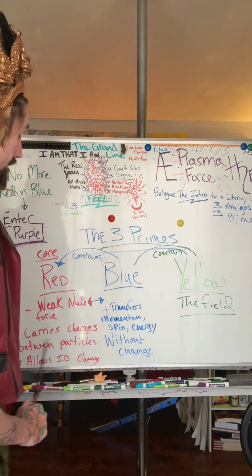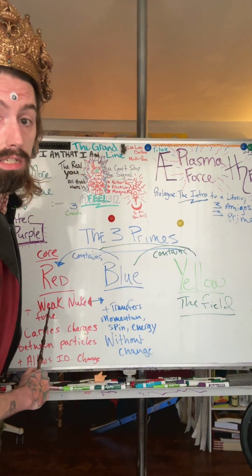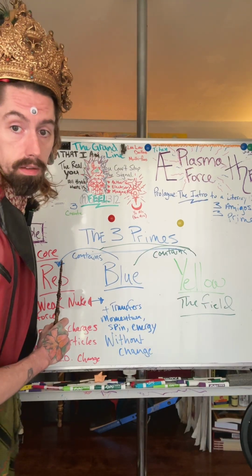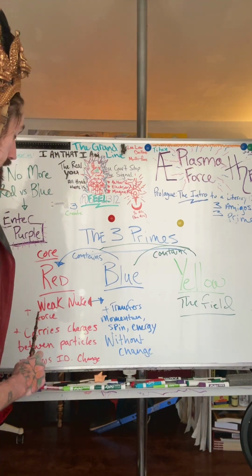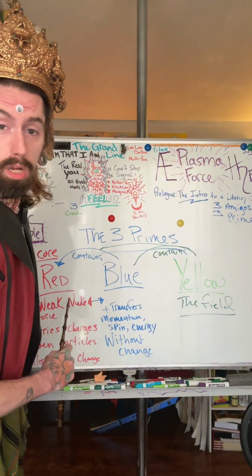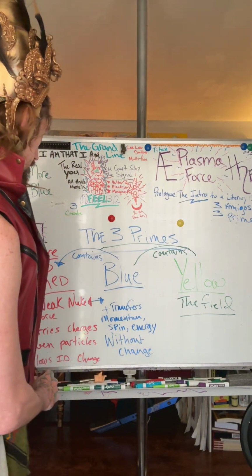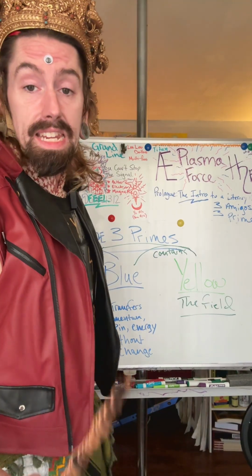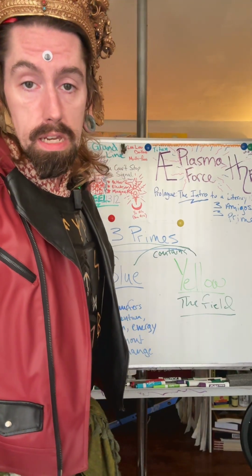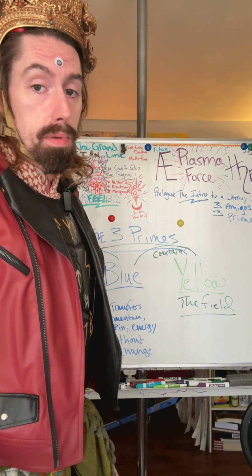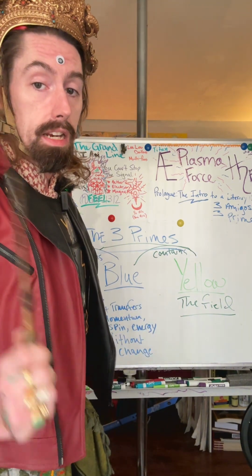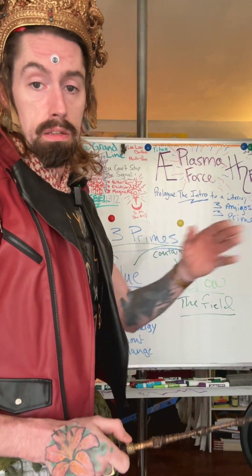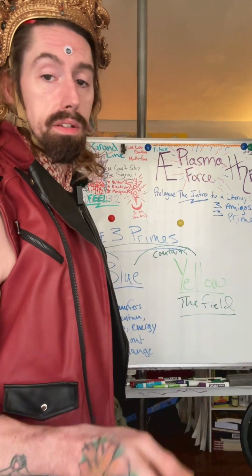We have red, which is the W boson. The W boson sits at the core of the field of the three. It covers the weak nuclear force. It carries charges between particles, and it allows for identity change of the particles. This is a unique property of the W boson. It comes in positive and negative forces, and when exchanging energy between forces, it allows them to change